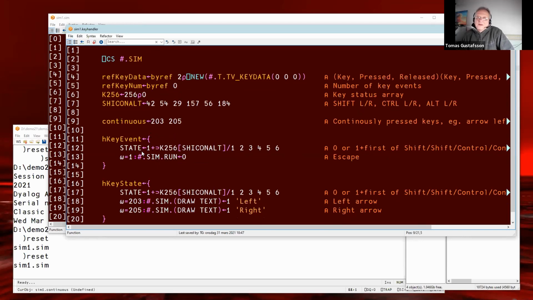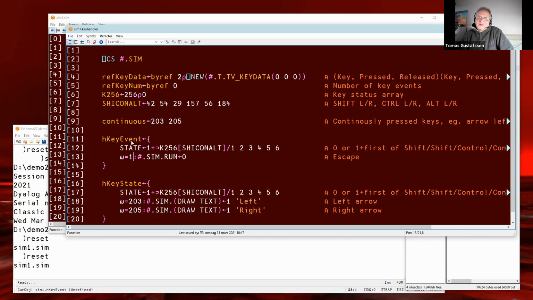Then callback functions for the press once keys. This one callback function is very simple. It only analyzes key number one, which is escape in this simple case.